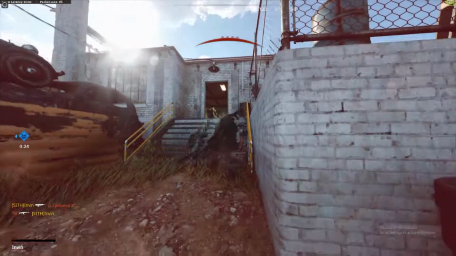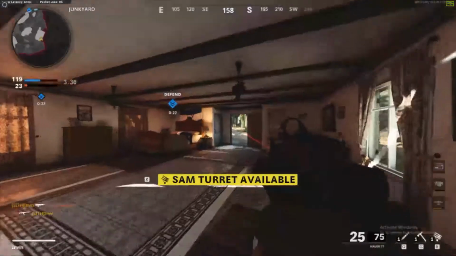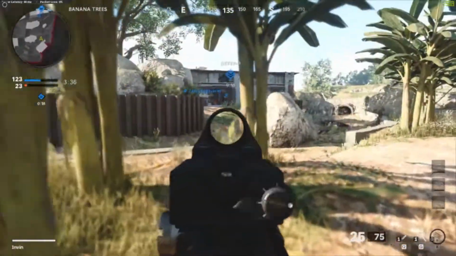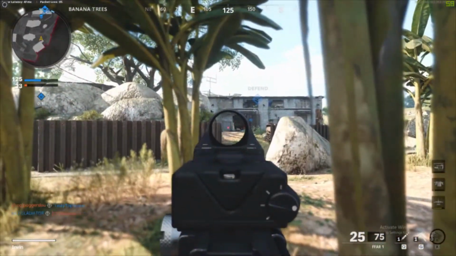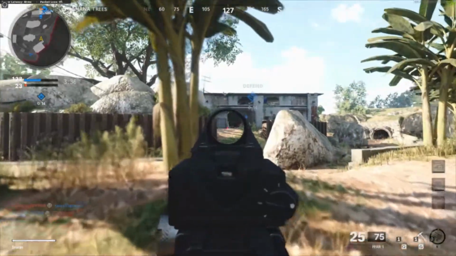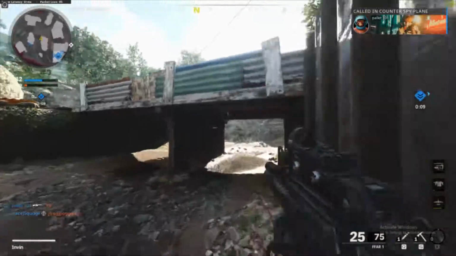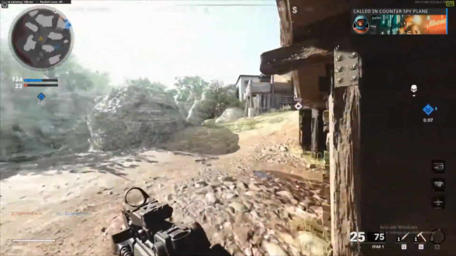So going along with classes, another thing you're going to want to look at is your kill streaks. Make sure you do change these to the ones that you want to be running. I would highly recommend the War Machine, as it does count towards your gun streak as well. So if you are aiming for those nuclear medals, the War Machine is really going to help this. And also it does count towards any other streaks which you have above it, so it's definitely worth running, and